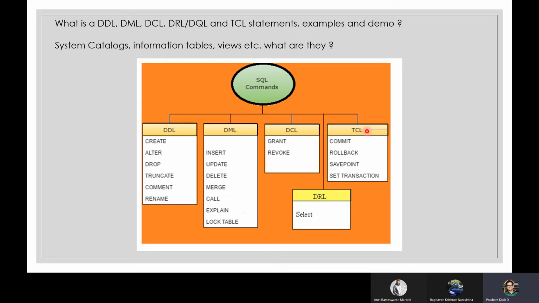Talking about commit. How do you do the commit? Though Postgres is an auto-commit database, as we have already discussed earlier, if you have put anything in between your begin and end block, in that scenario, what you have to do is,